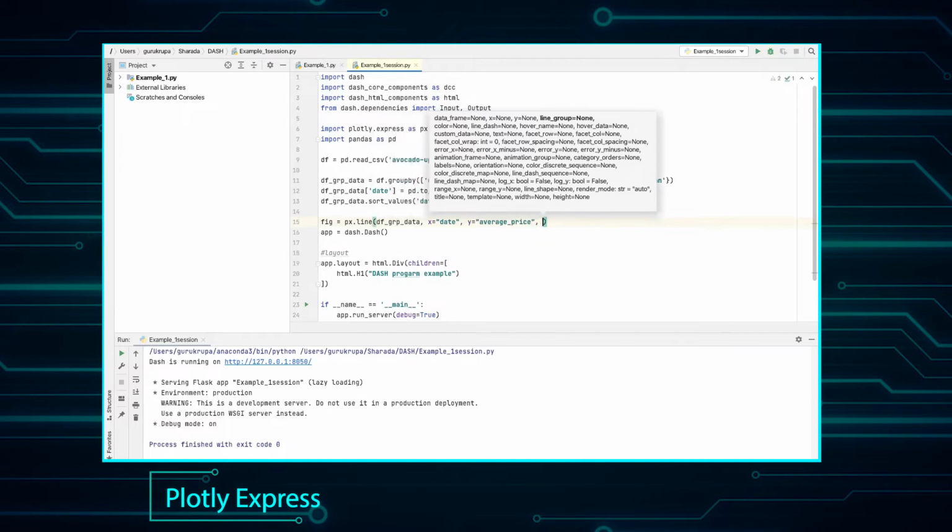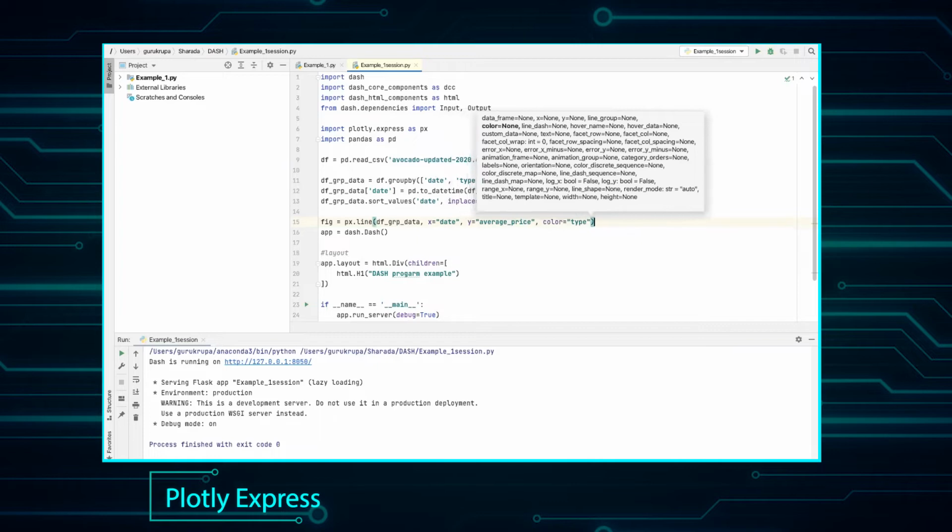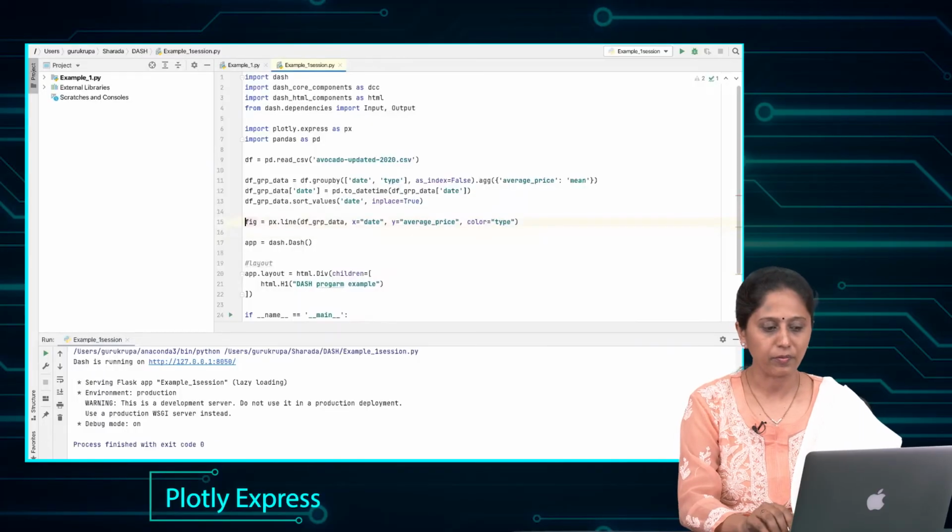We will also add in the color encoding which will be on the avocado type. So we have created a Plotly graph object. Let us see how we will add this in our app layout.